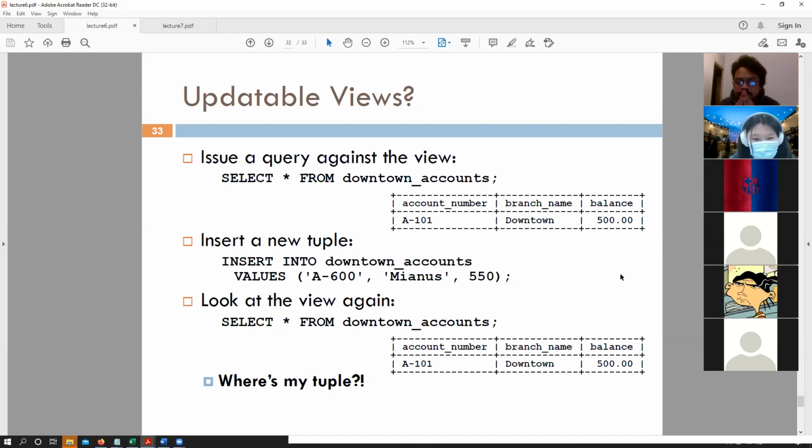So technically you insert the value into that table, but you cannot see it in that view because that view only shows downtown accounts. Again, it depends upon the database implementation. MySQL, I think, will not even insert this particular tuple into your table because the view will not even allow it to update that. But Postgres will. So it depends upon the implementation, but essentially it's a toss up between yes and no. But essentially, whenever you're trying to insert something that does